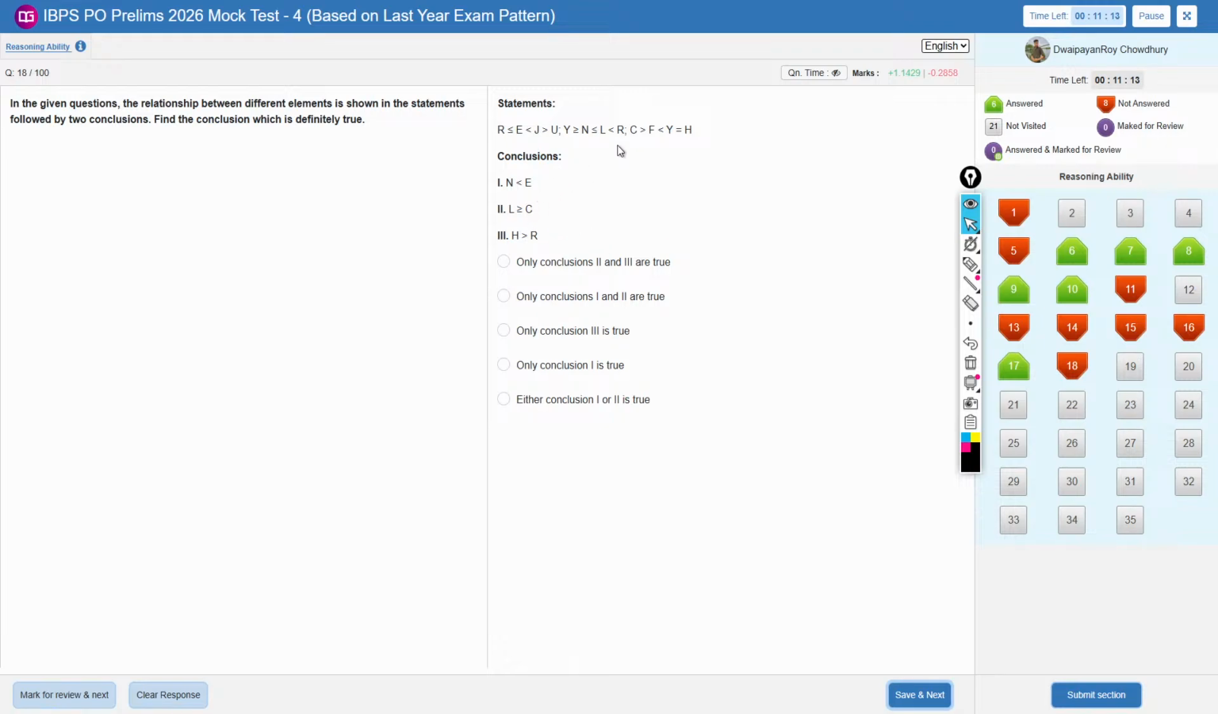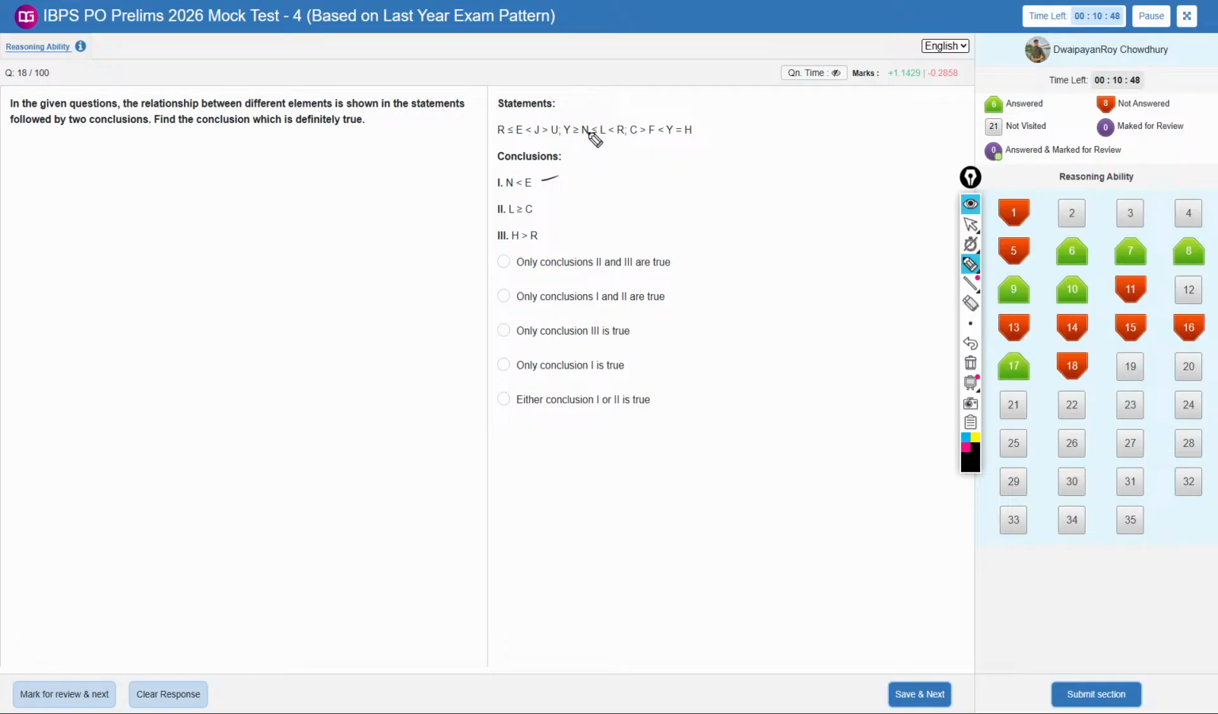N less than E from both sides, less than E, right? So N less than Y and Y, so N less than or equal to E, right? N less than R and R is less than E. So N less than that. L greater than or equal to L greater than